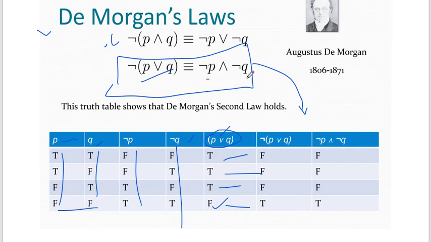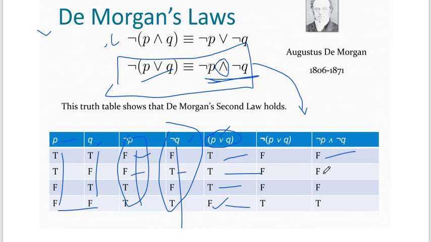Here what is the second value? Negation P, and what is negation P? Negation Q here, and here what is the condition? AND. So if both are false, then it is false. If one of them is false and the other true, then it also becomes false. If both are true, then it will become true. Why? Because it's an AND condition.